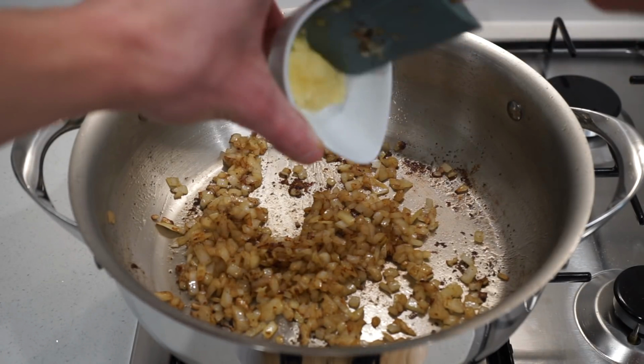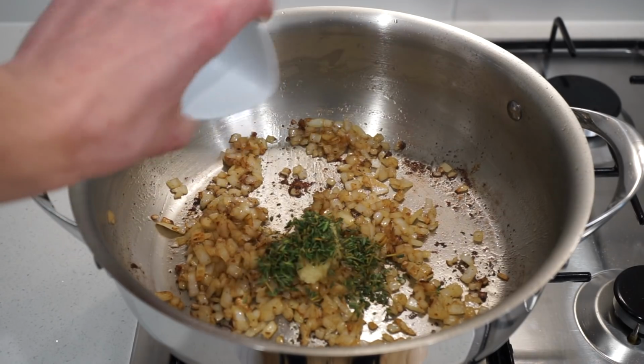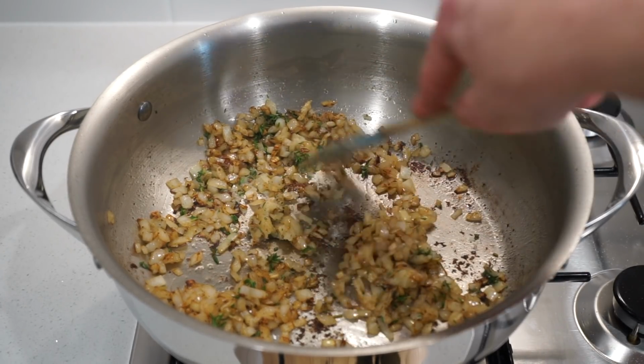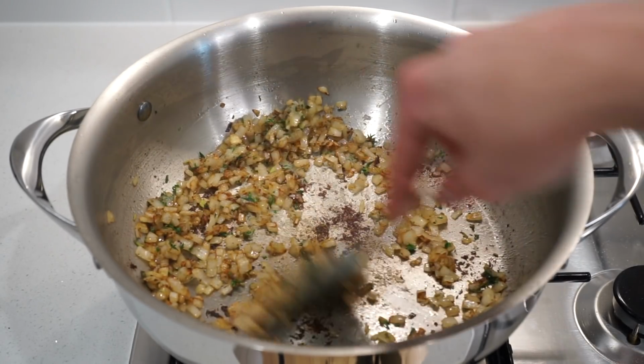After 3 minutes and the onions have softened, we can then add in the garlic paste as well as the chopped thyme. Continue sauteing this off for 15 to 20 seconds just to release those flavours, mixing it around the whole time just so that the garlic doesn't burn. And I don't know if you've ever had burnt garlic before, but it's definitely strong enough to ruin this whole